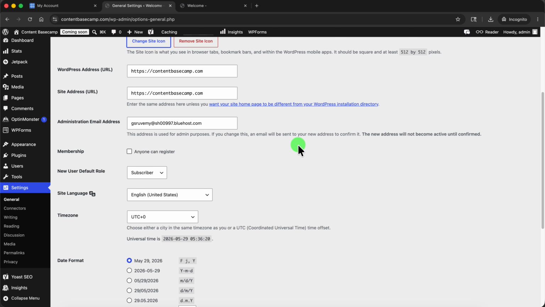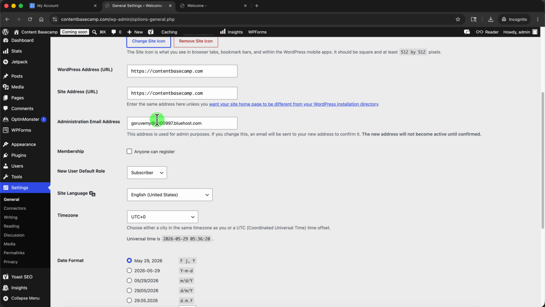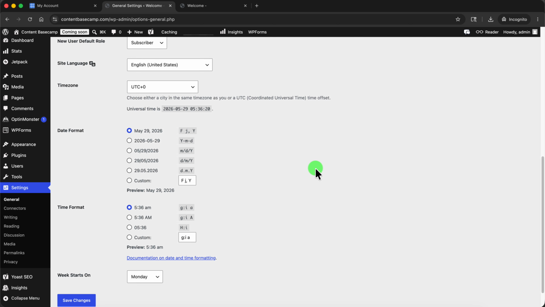Now we're going to go down here, and this administration email address is important because this is the email address you use to log into your WordPress admin panel, or this dashboard, I should say, instead of using this Bluehost dashboard and logging in the longer way. So you're going to want to update this administration email. Let's say the same email you use for your Bluehost account, or whatever your personal email or your business email is. And once you update that, you will need to confirm the email, and then you'll have to click